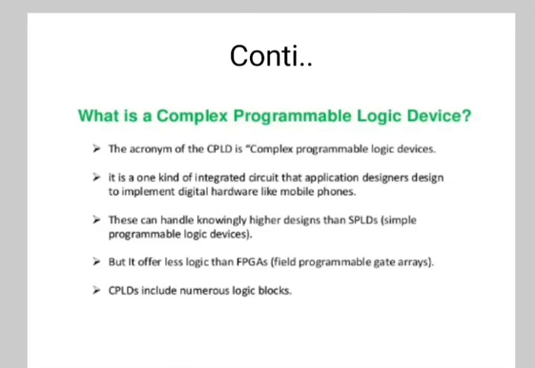So a CPLD consists of multiple circuit blocks on a single chip with internal wiring resources to connect the circuit blocks. The architectural building blocks of a CPLD consist of the PL block, also called the functional block, the interconnect matrix and the input output block.